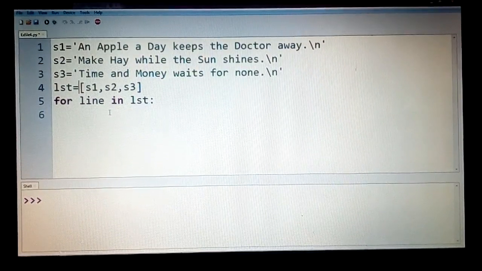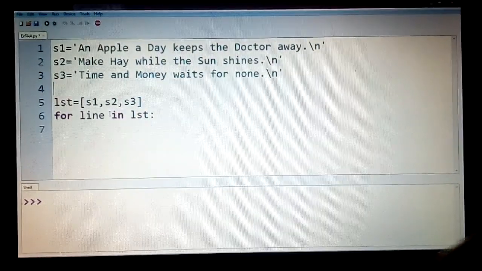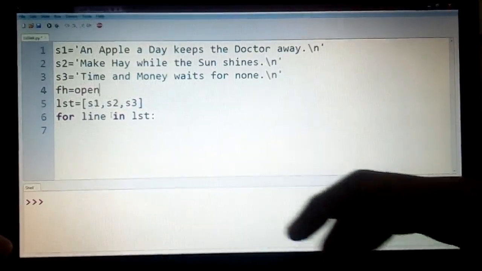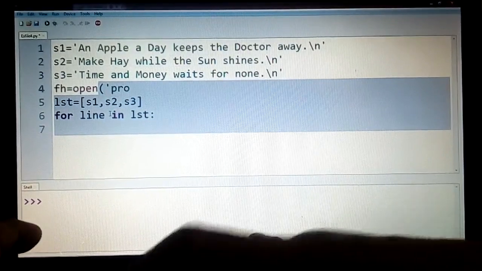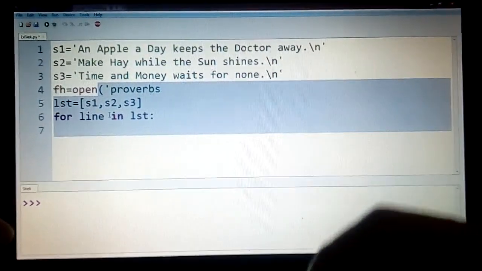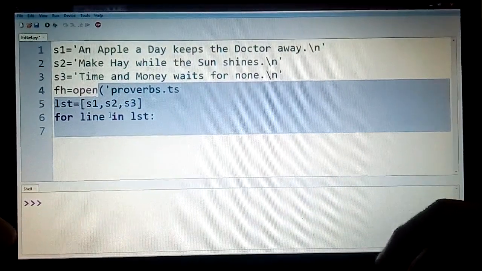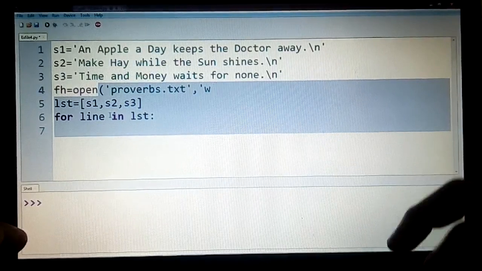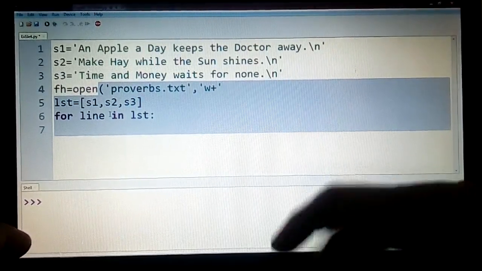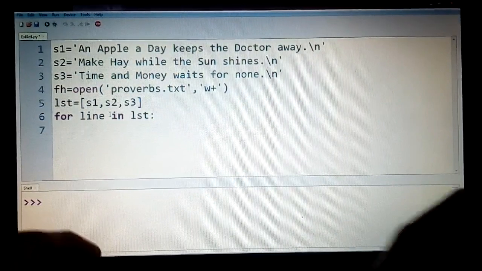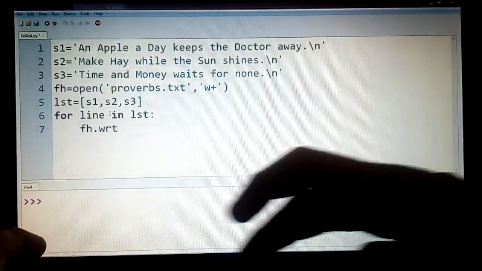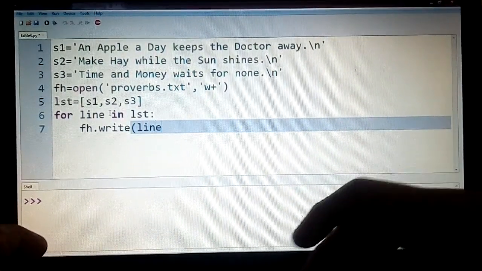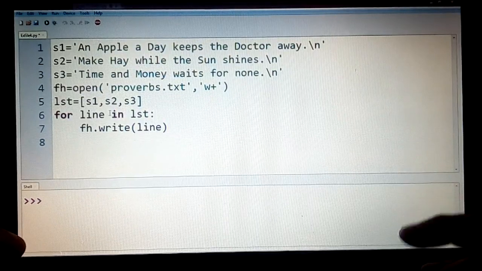So to add it to the file, I need to open the file. So let us open this file here. We have not opened it, so fh equals open, and we'll call this as proverbs.txt, and then we'll open this, of course, in the write plus mode, that is we want to read it again whatever we had written, and then we'll try to add it, fh.write, bracket. Each time we want to add this line which is part of the list,